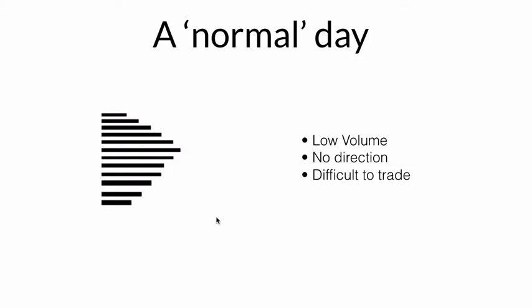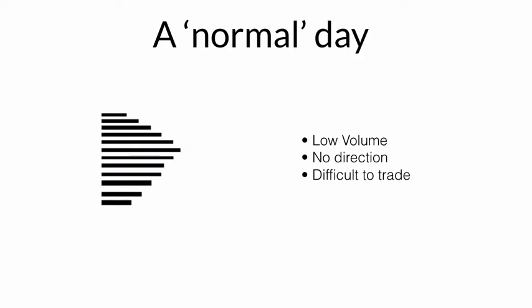So on a day where there's low volume and just this really basic shape, this normal distribution shape, that's not really going to be a good day for us to be trading, in my personal opinion, because it's just not clear and defined in terms of where our entry and exit points are going to be. So it's making it very difficult for us to get these high probability trades,